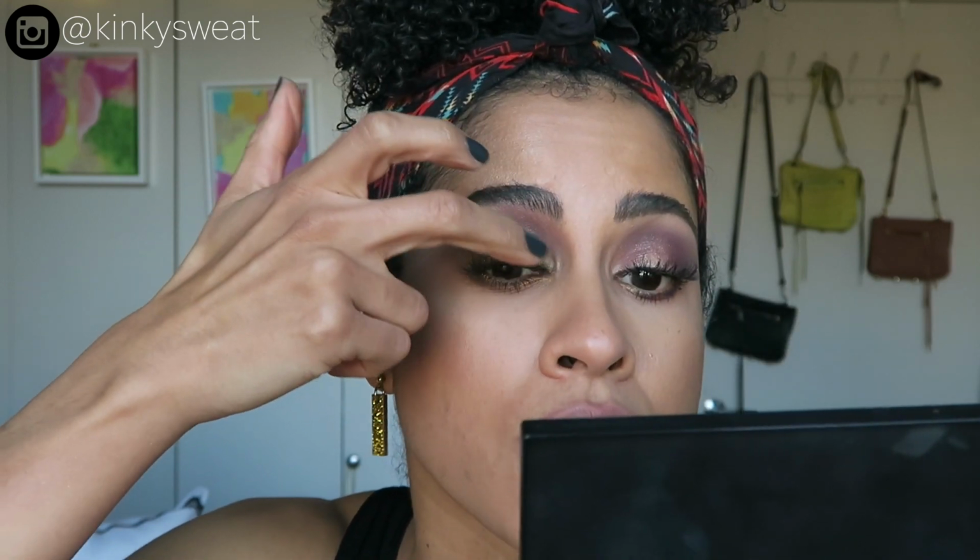So throughout the 8 hours, Orion definitely starts to fade. To ensure that it doesn't, I will go in with a creamy base that's maybe a dark gray or even a black, just to make sure the shadow upholds longer, because unfortunately I do have oily lids. You could probably powder your concealer, maybe that will help the longevity, but all in all, the colors stay really